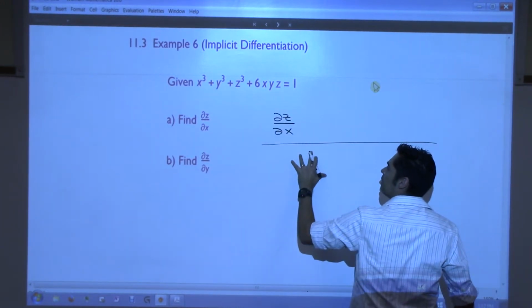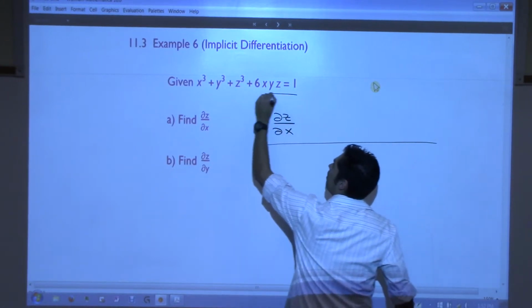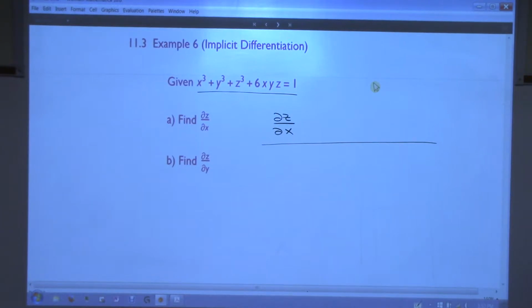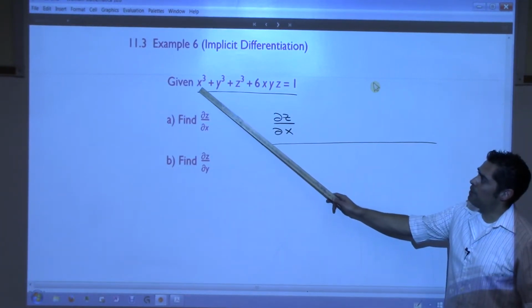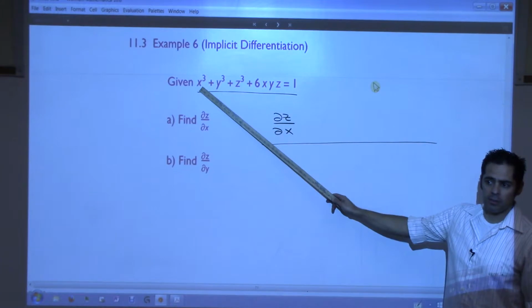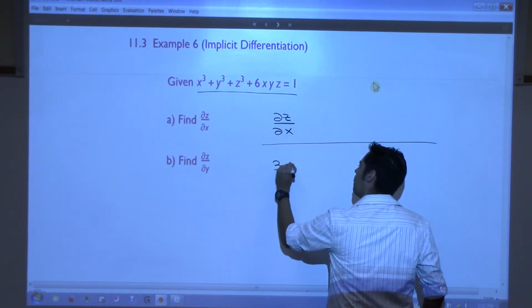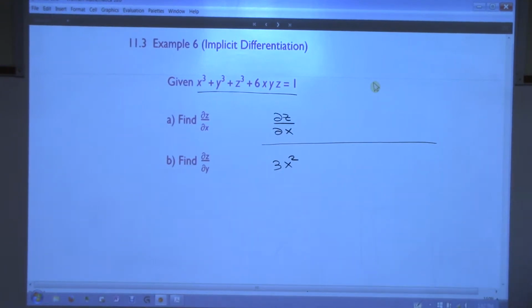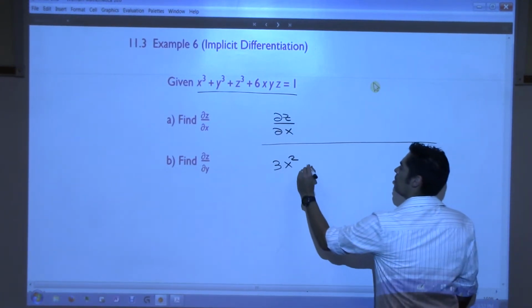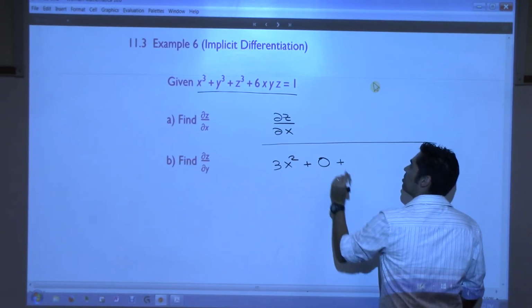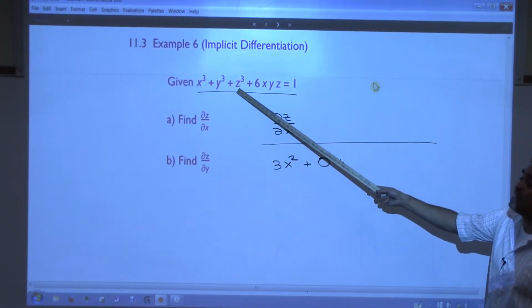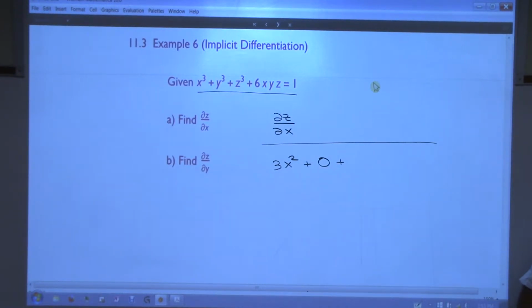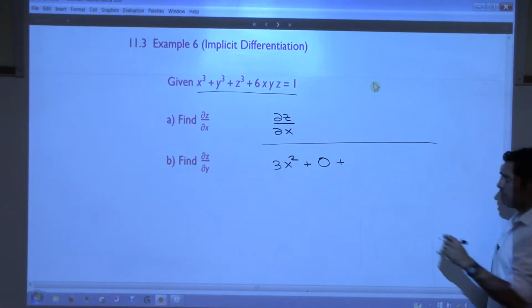So that's what I'm about to do right here. I'm going to look at this equation. I'm going to take the partial derivative on both sides with respect to x. So what would the derivative of x cubed be with respect to x? 3x squared, just like we think, right? What is the derivative of y cubed with respect to x if y is a constant? 0. Plus, now, what is the derivative of z cubed if y is a constant and x is a variable, and we're saying that z depends on x? 3z squared